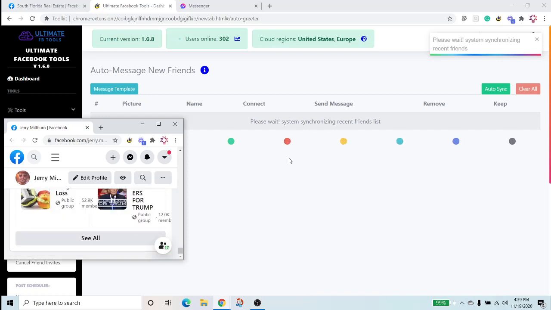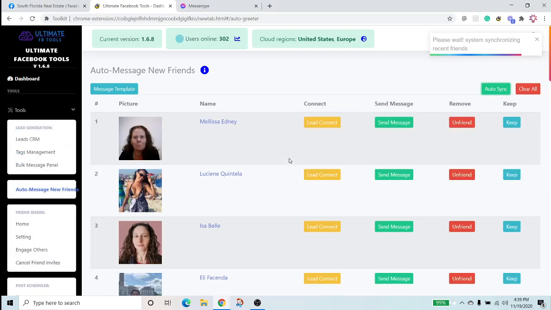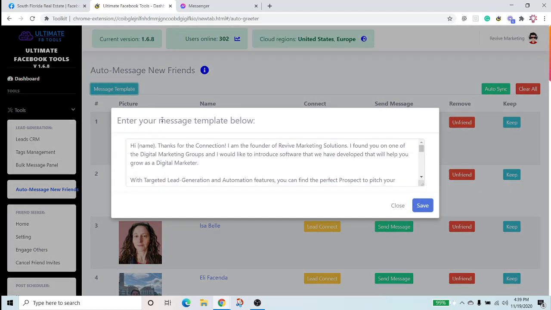We're going to be able to get these leads categorized in a couple of different ways, so it's very versatile. If you want to do it this way, you just wait for that friend request to be accepted, and then it will eventually pull them into here. So here's all your newest accepted friends. You can go ahead and make up a message template. It'll auto-populate their name,